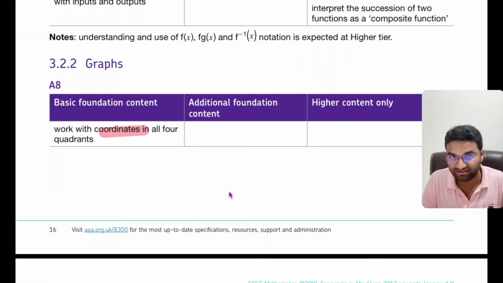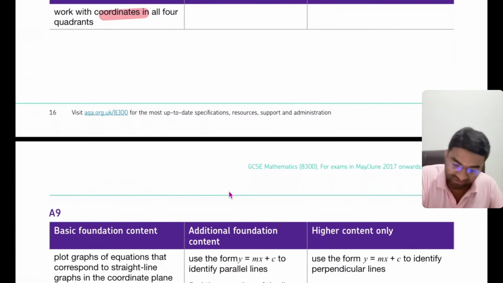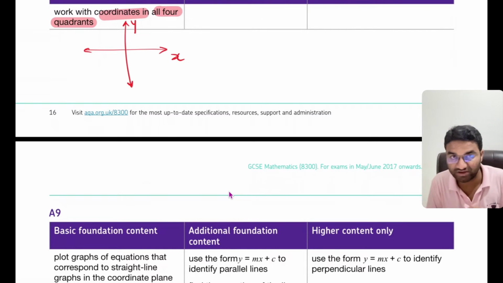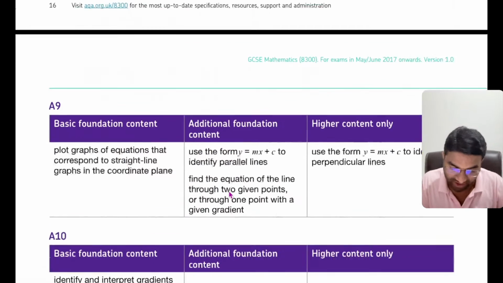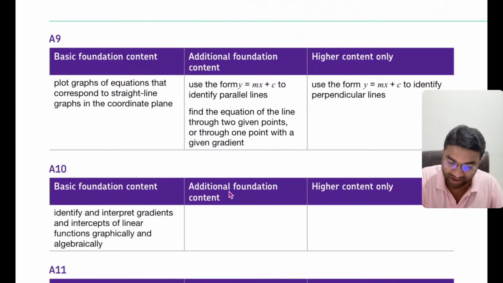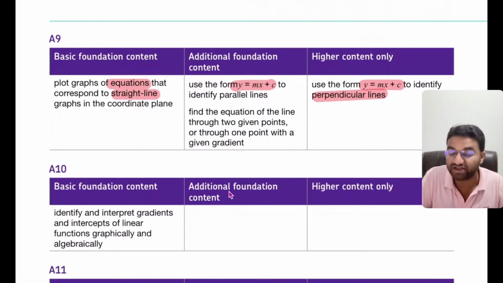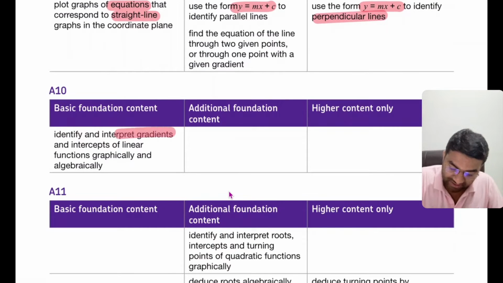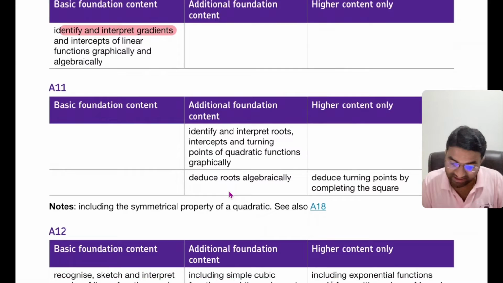Graphs means coordinates, okay, of all four quadrants. So xy graphs, basically it's x, y. So we have to understand the first quadrant, second quadrant, third quadrant and fourth quadrant. Okay, there are sign conventions as well. Then next, the equation of a straight line graph, y equals mx plus c. Then for higher students, they have to identify perpendicular and parallel lines, their equations. Okay, so identify and interpret the gradient. Okay, then next,